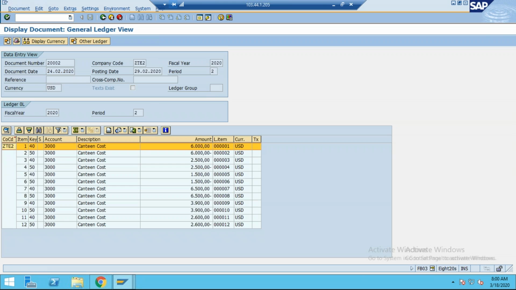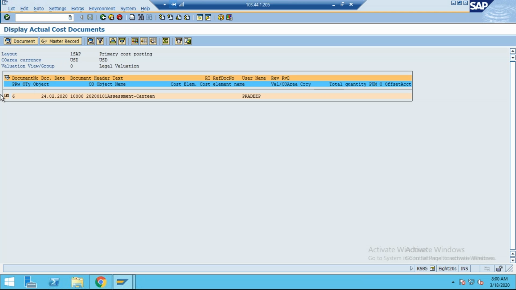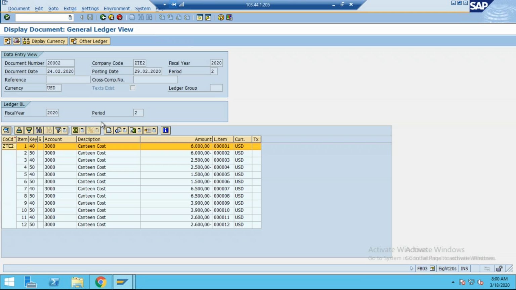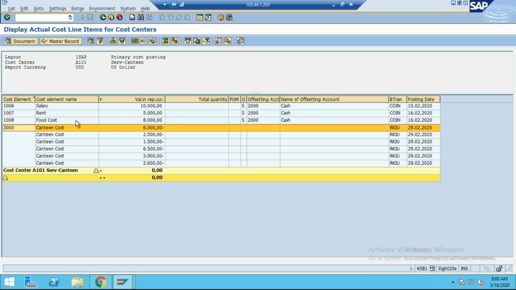Let me check once. Yeah, this document. So this document is generated. How can I say this is the source document? If we go to here, check the original document. So the original document number is 6. Due to this document, one FI document is generated, and if you check this one, you will find,